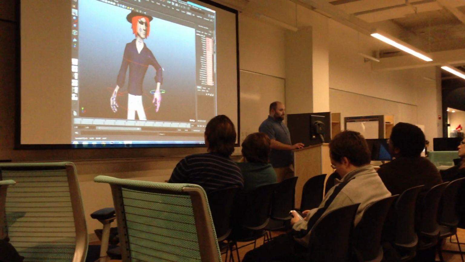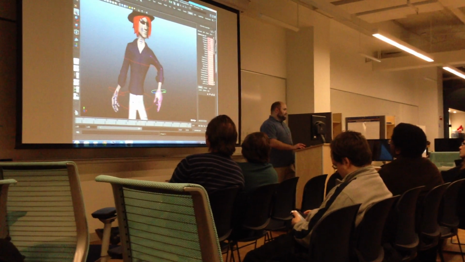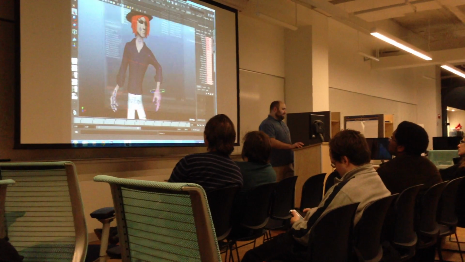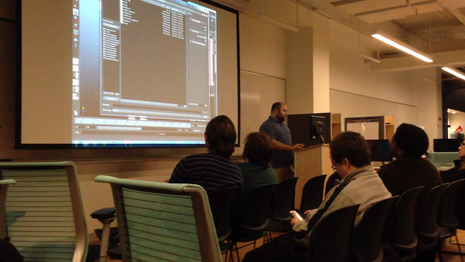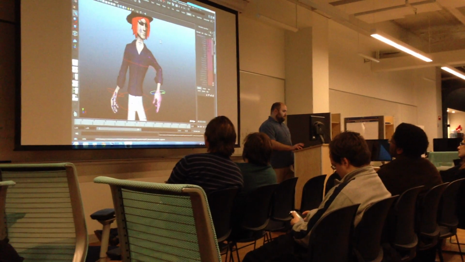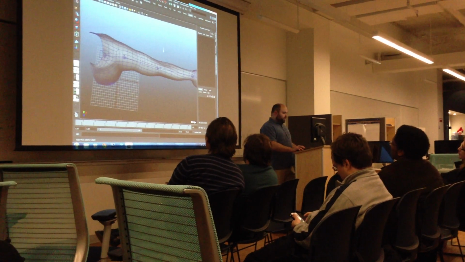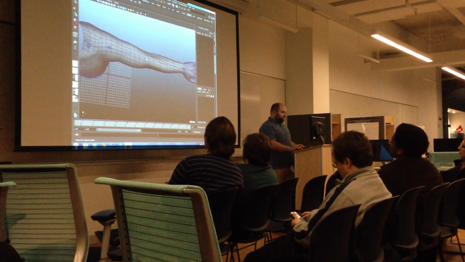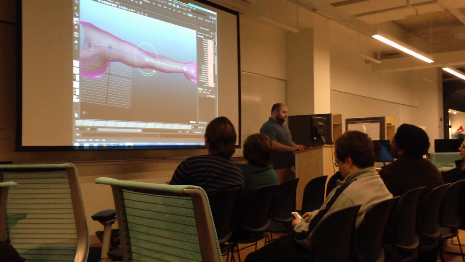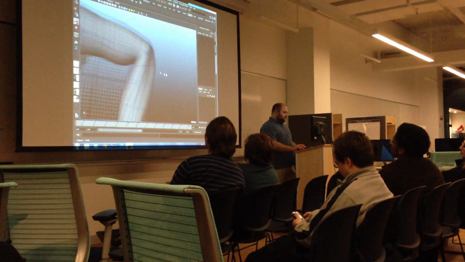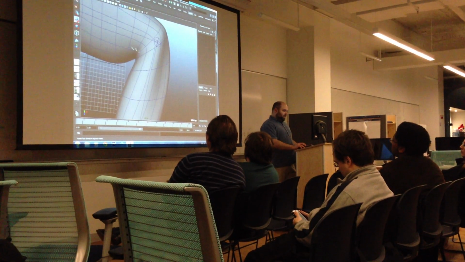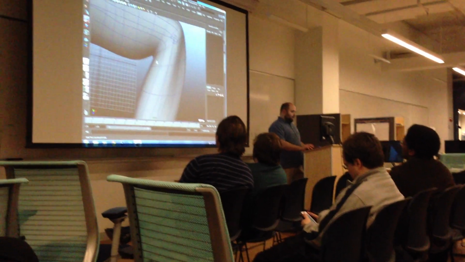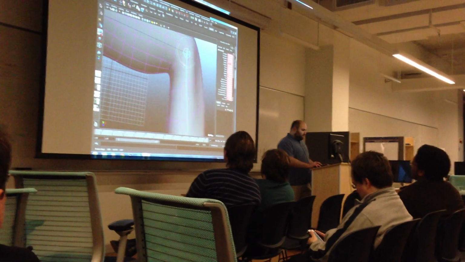So how do you control things that you're not painting? Let me take a look at how one would control an elbow without doing any weight painting. This is the same mesh that I had just shown you, but it has a couple of other things applied to it. First of all, I just want to note, since this is looking at the wireframe here, that when this is bending,